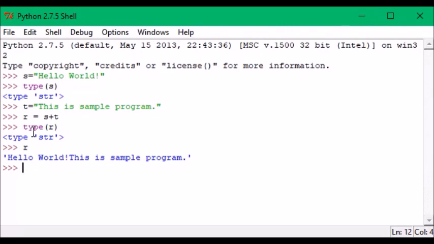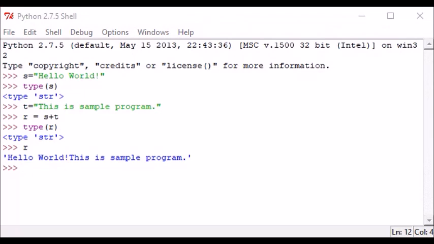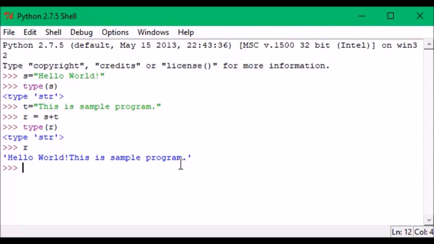You will see "Hello world! This is a sample program." That means the string s, Hello world!, and the string t, This is a simple program, are concatenated with each other and create a new string r.